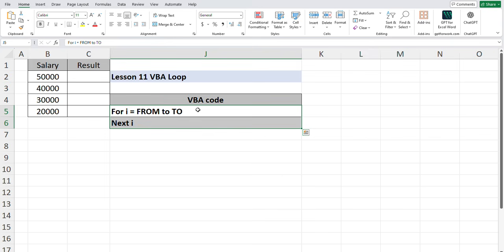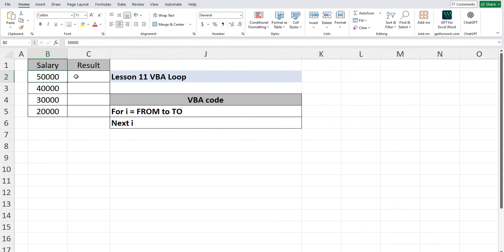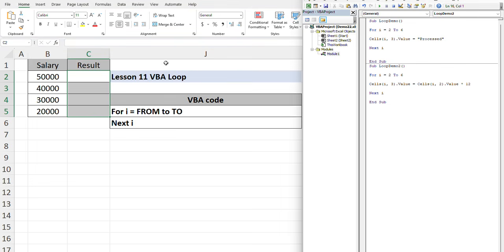Let's take a simple example. Suppose we have 5 employees in rows 2 to 6, and we want to write the word processed in column C for every employee. Instead of writing the same code 5 times, we can use a loop. The code is: For i = 2 To 6, Cells(i, 3).Value = "processed"